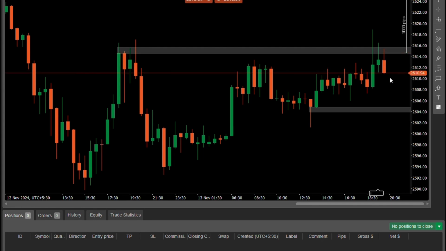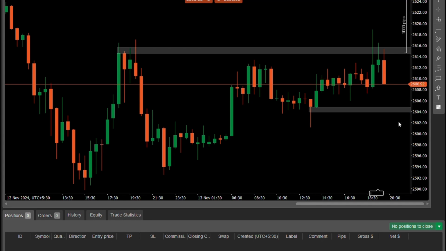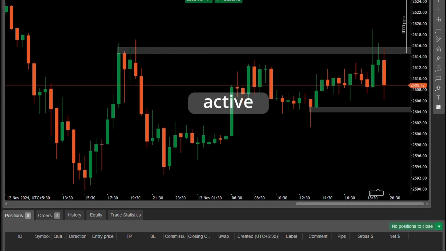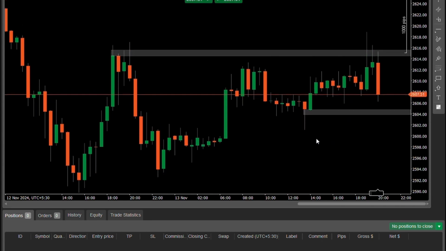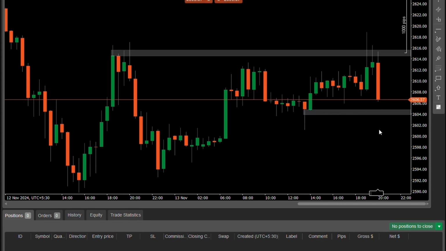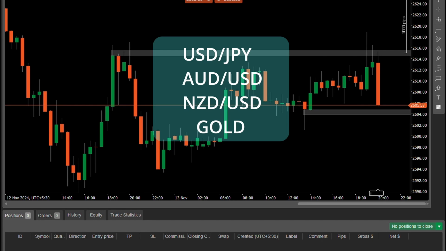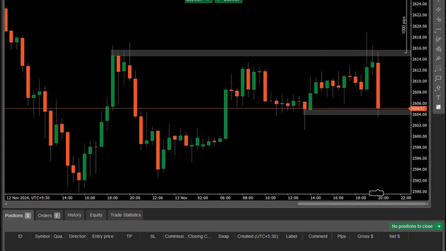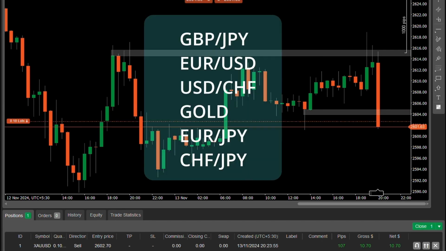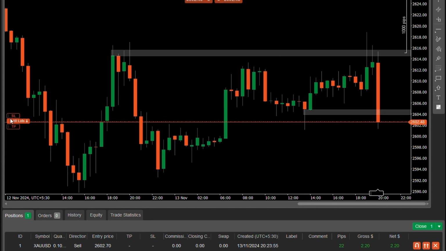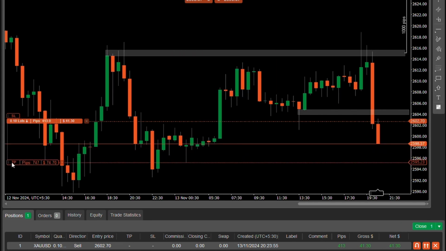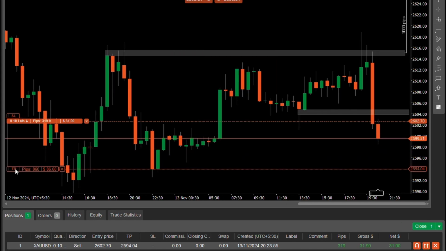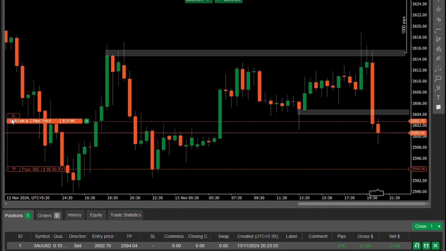We separated these pairs according to sessions. Remember one thing: in the pair, one currency must be active and one must be inactive. That pair is the best pair. If two currencies are active, the pair is mostly consolidating. See here on screen, for the Asian session these pairs are best. In these pairs, one currency is active and the other is inactive. The same goes for the London session. Here are the best pairs you can trade in the London session. Look at these, the best pairs to trade in the New York session. I hope you got my point. Don't trade other than these pairs. Let's move to the next chapter.